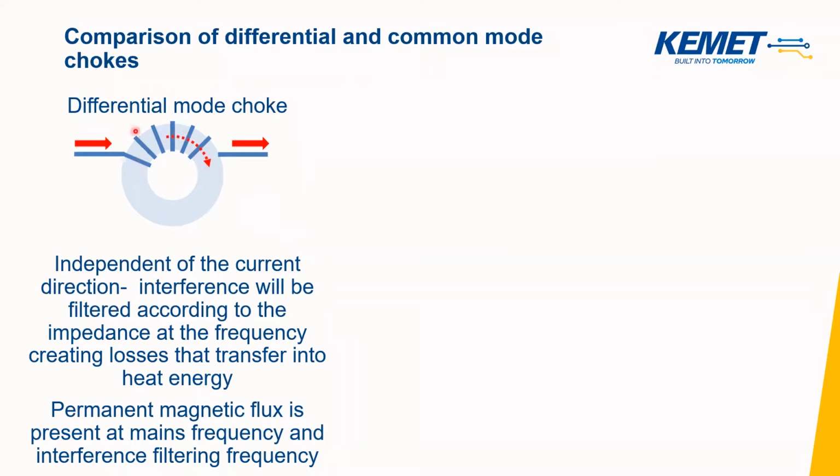So the electrical energy at those frequencies would be transferred into magnetic energy, which would then ultimately be lost in the form of heat. This is how a simple differential mode choke, or basically an inductor, works. You have a changing electric field, which induces a magnetic field. So your electrical energy at those frequencies is lost, and you have a reduction in the amplitude of interferences at those frequencies. This is why we call this term insertion loss. And this is how a differential mode choke creates an insertion loss in your AC mains network.